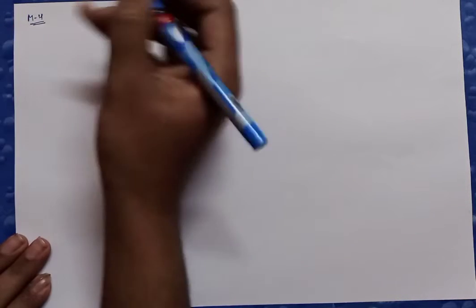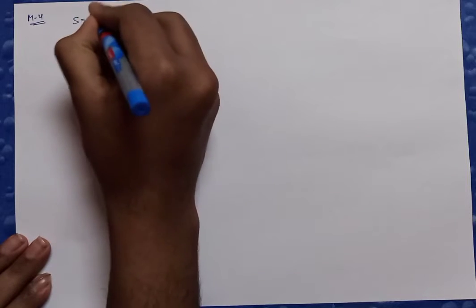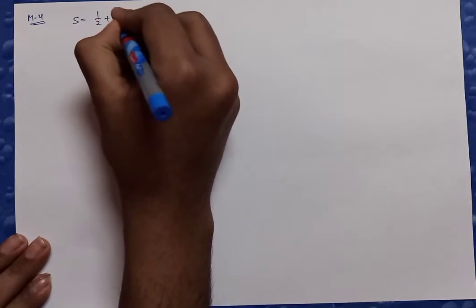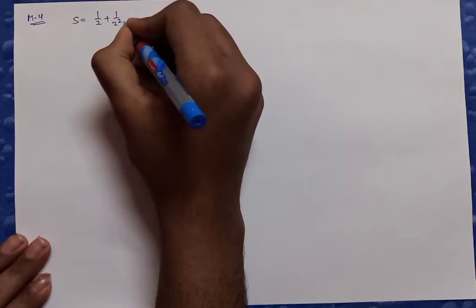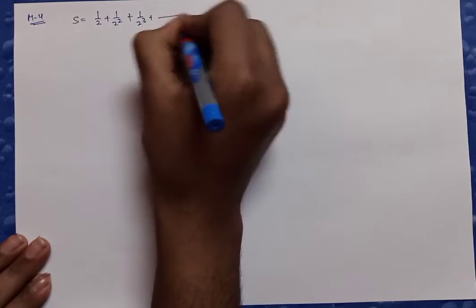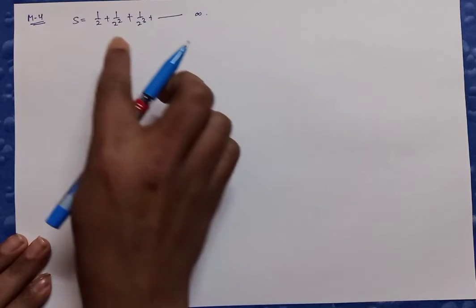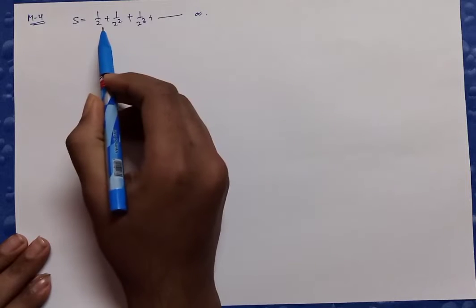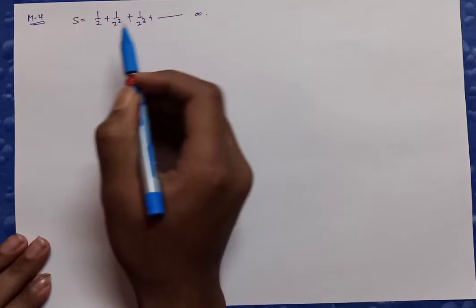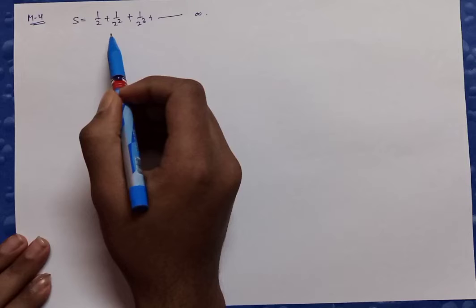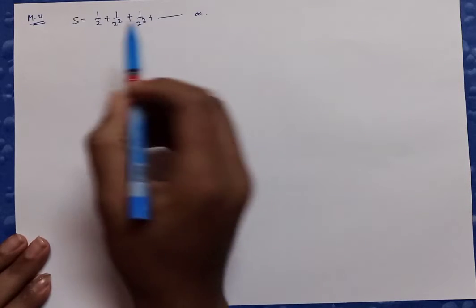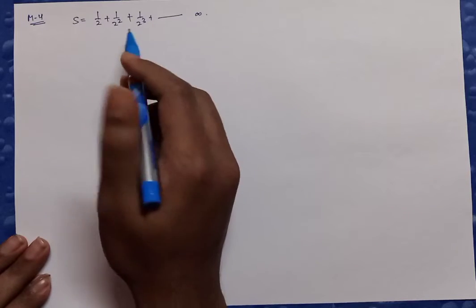Now let's discuss the fourth method, which is a good one to think about. In the fourth method, I will take the same summation, 1 by 2 plus 1 by 2 square plus 1 by 2 cube till infinity. Now the main theme here is that very few people can think of using the telescoping series or the Vn method over here to solve this summation.